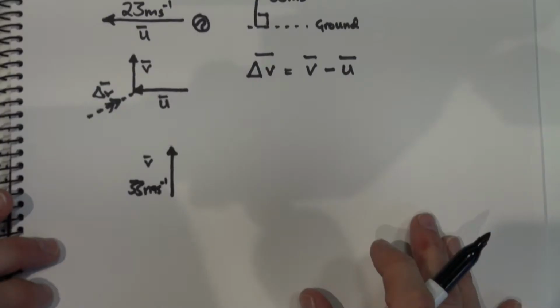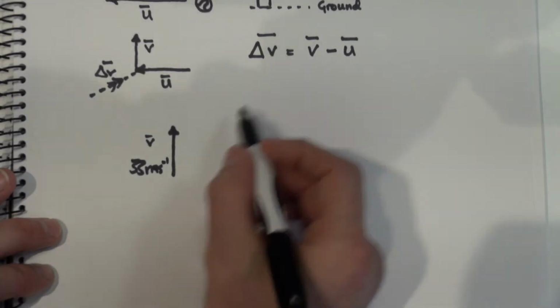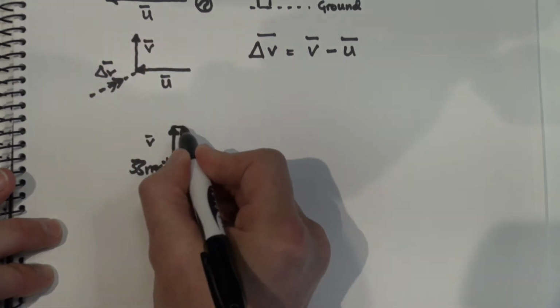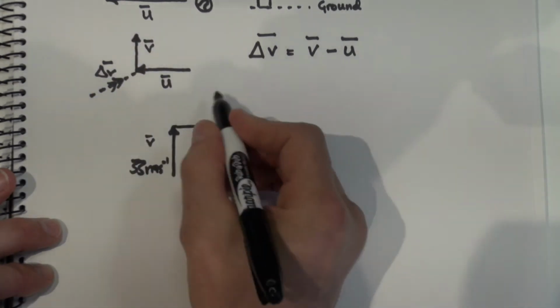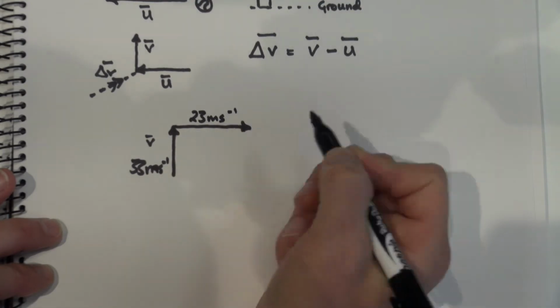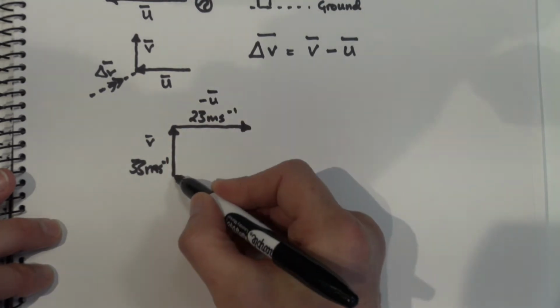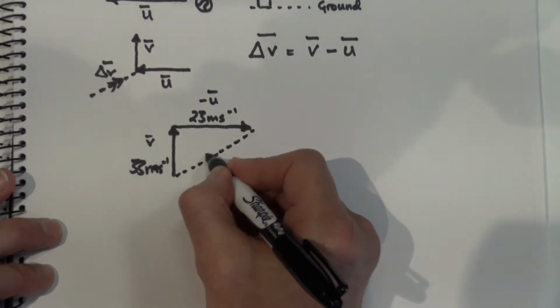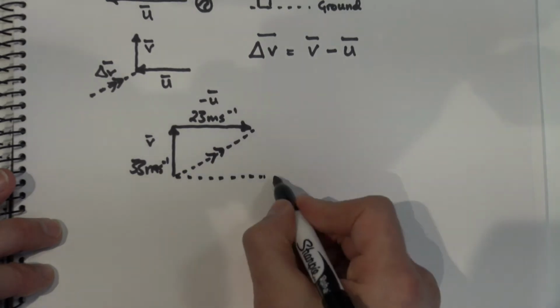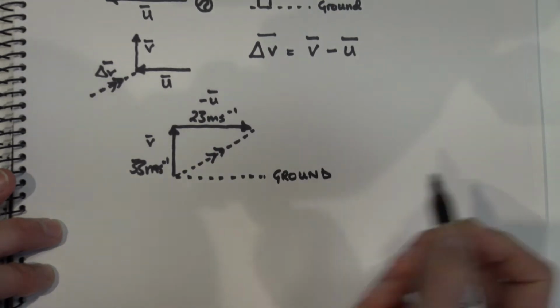Now our algorithm, as we know, is delta v equals v minus u. Now the diagram to the left basically shows us all the vectors we've got. U plus v is going to be, of course, a change in velocity, delta v. So we put down v, then we put down negative u, which is going to be 23 meters per second. We produce a right angled triangle, and the dotted line is basically going to be our resultant at an angle